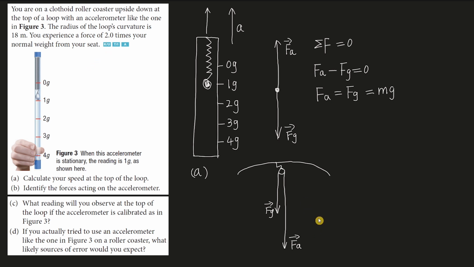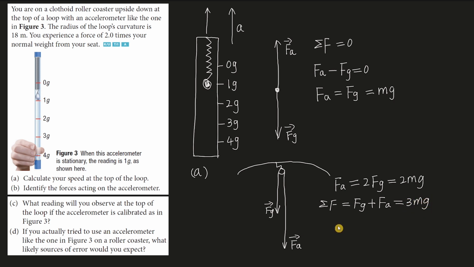That means the force Fa equals 2Fg, so the sum force on the person is sigma F equals Fg plus Fa equals